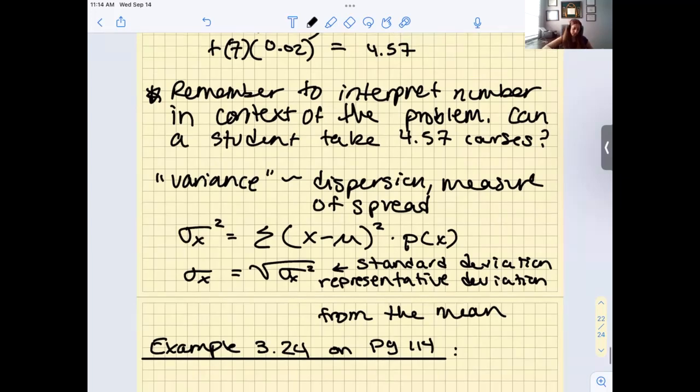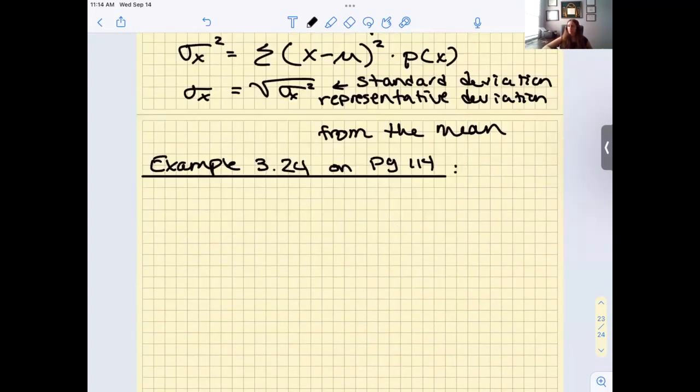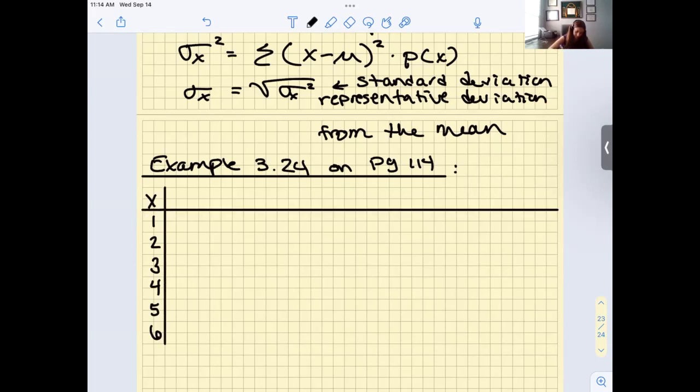You're going to make a table of your own, which might take up some room. If you have a chance to turn your page from portrait to landscape, it might be helpful. So we have all these values: 1, 2, 3, 4, 5, 6. We have the probability of getting all those values: